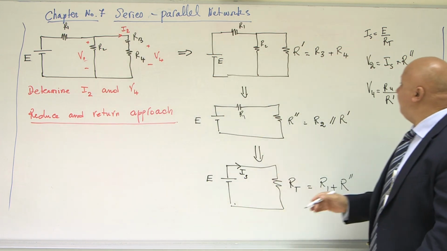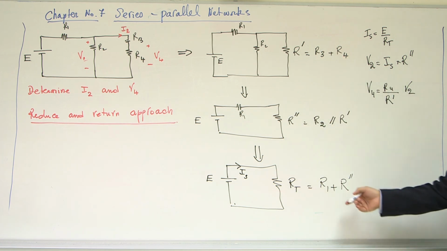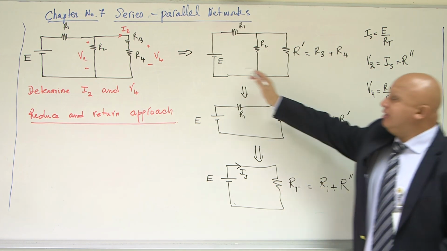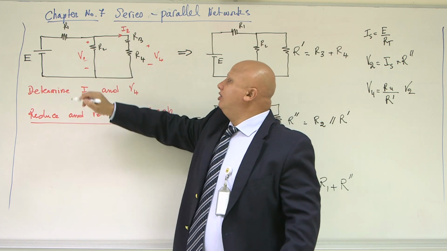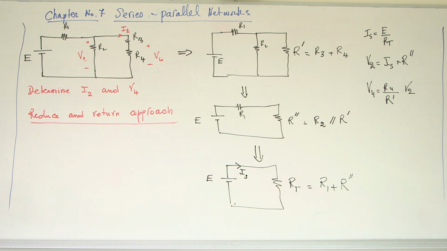So we have reduced the circuit into a simpler one, and then we return to determine V4, I2, V2, etc. This approach, we call it the reduce and return approach. We reduce the circuit into a simpler form, and then return back to the original form to determine whatever variables we have. This is the first approach. The second approach